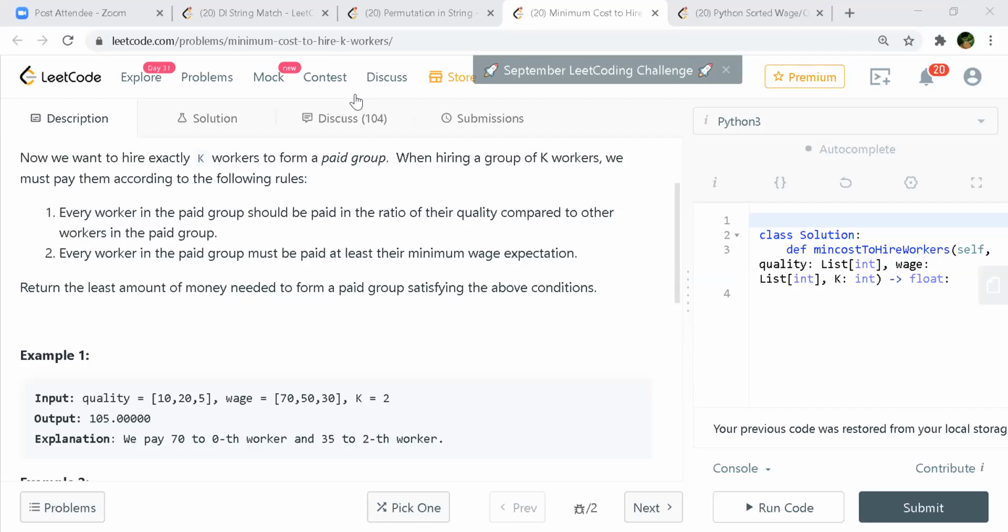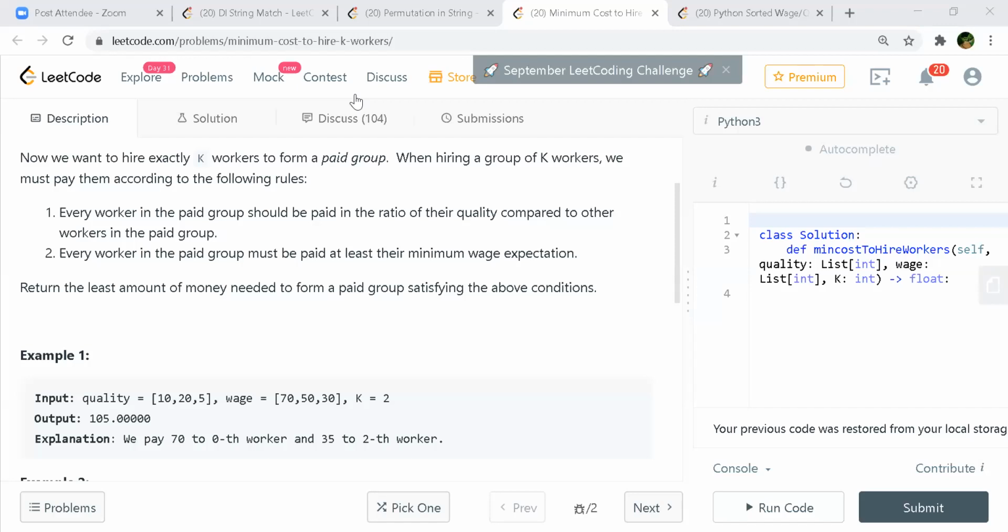So you will first calculate the ratio in the quality itself, like divide by 5, so 2 is to 4 is to 1, right? In this case, we can start with the first one, 70 by 10. I'm talking about the brute force. I thought you were calculating the ratio among the workers, I mean, 10 is to 20 is to 5. But you are calculating quality i with wage i, right? So wage by quality will be the ratio. Yeah, wage by quality.